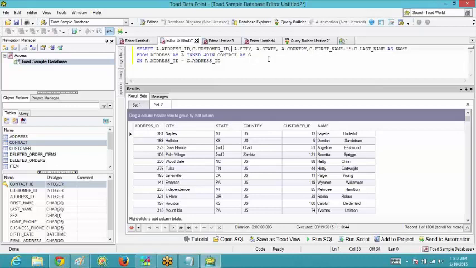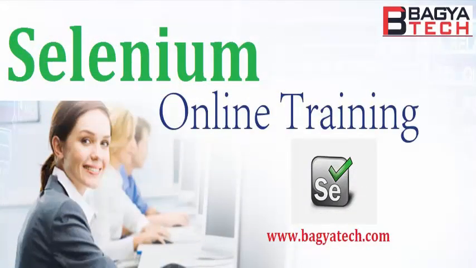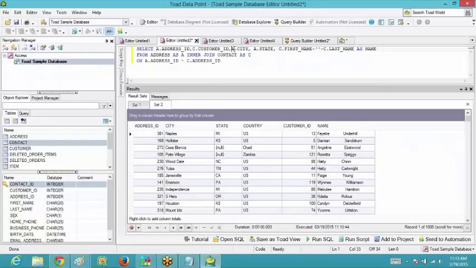Then after customer ID, what do you want? Country first. So let me put the country first over there. Then after the country it's city, state and then the name.